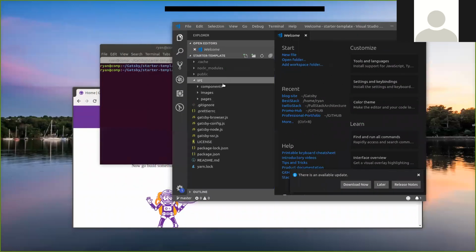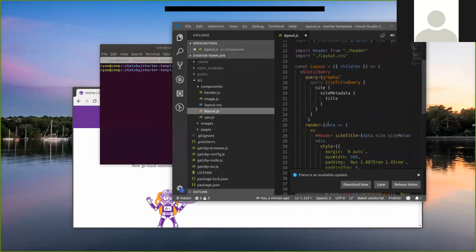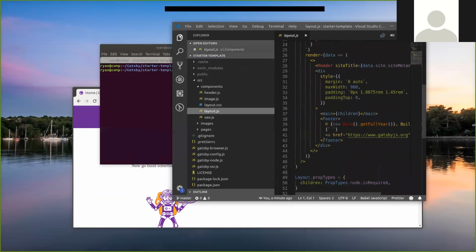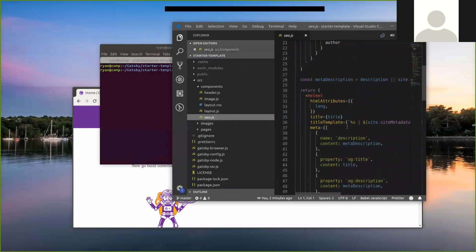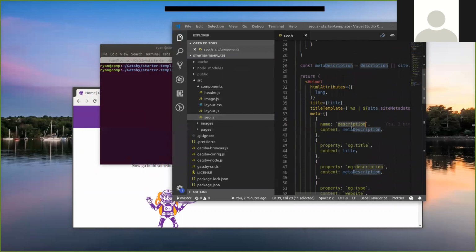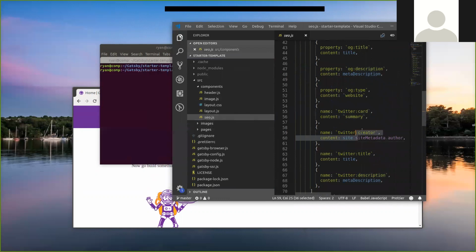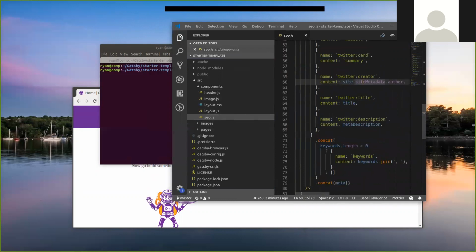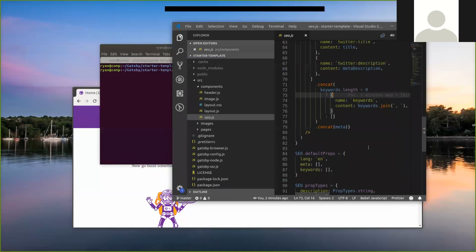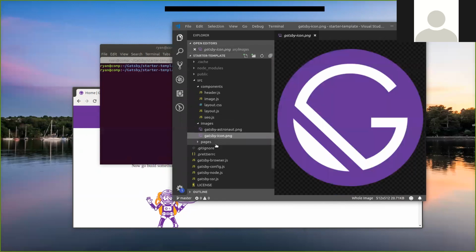And in this code, we can see it has components, layout, where our site is. It also has search engine optimization installed into it. So we could add descriptions, titles, Twitter, whatever you want to do. You can also add keywords, so you will pop up in Google search history, things like that. Then images, astronaut, logo,